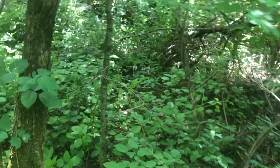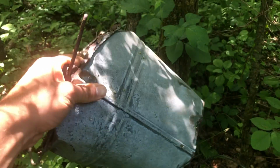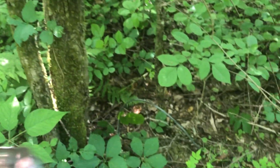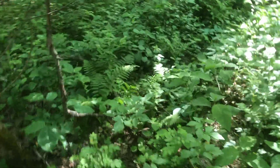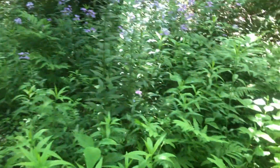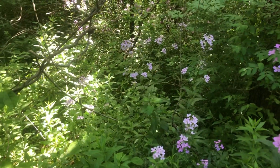Yeah. Oh, look. An old maple syrup bucket. So, yeah, there was a homestead back here, for sure. There's another one. Yeah, these beautiful purple forest flowers. Yeah, well, hopefully